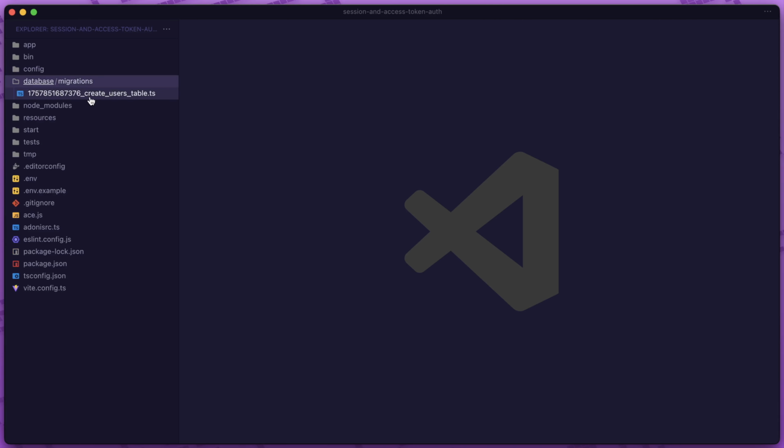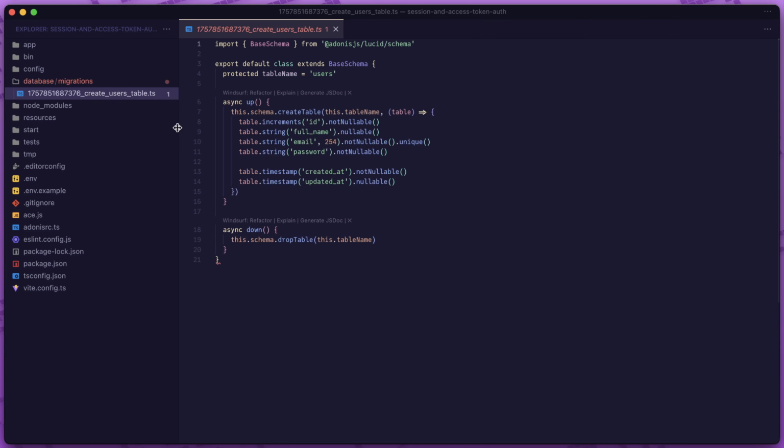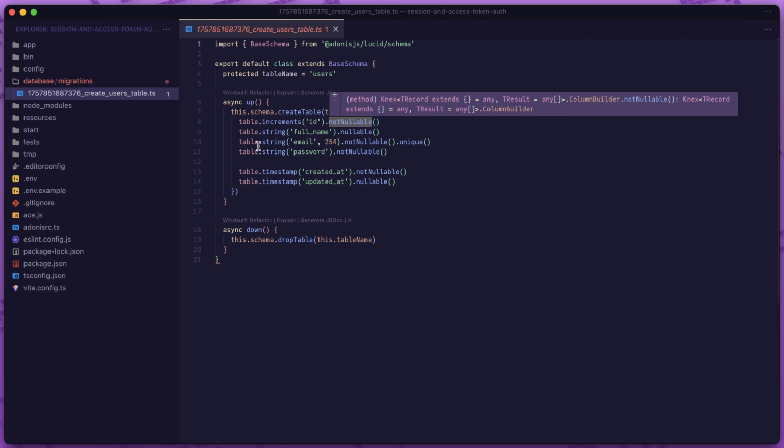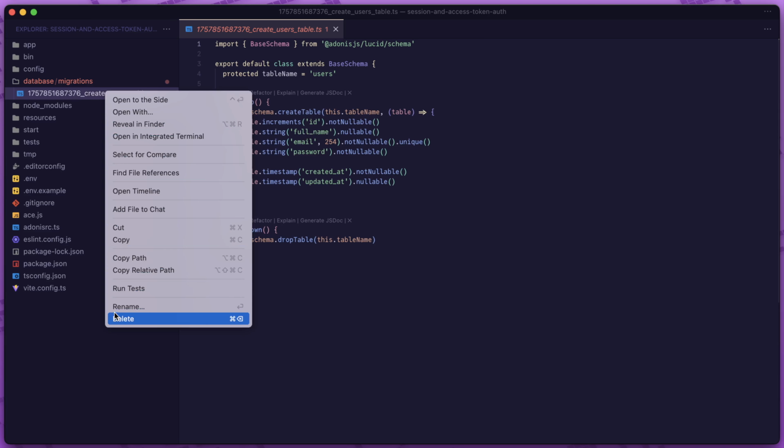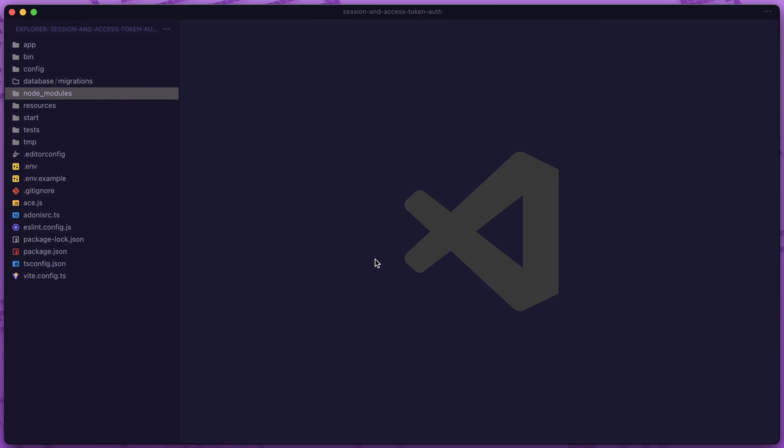migrations, because we have been given this create users table migration. However, we're going to circle back through and reconfigure the access token authentication guard on top of this. And this too will create a migration for us as well, the exact same as this one. So we can go ahead and just get rid of this one. So I'm just going to right click, delete, and move it to the trash so that we don't have a